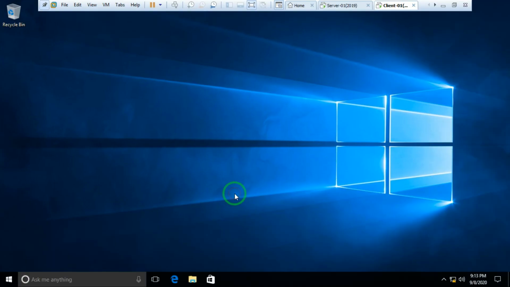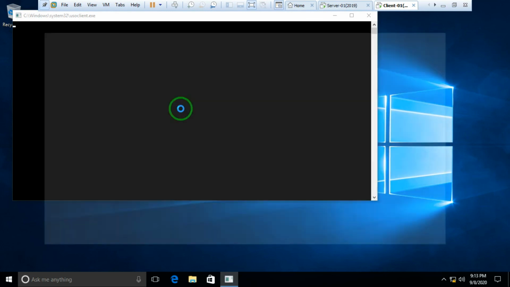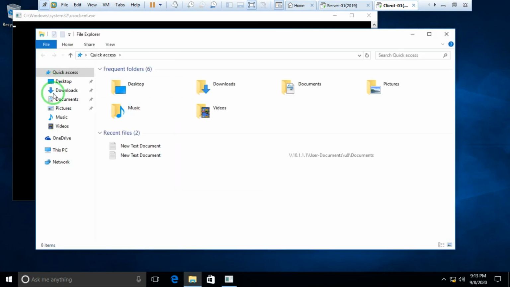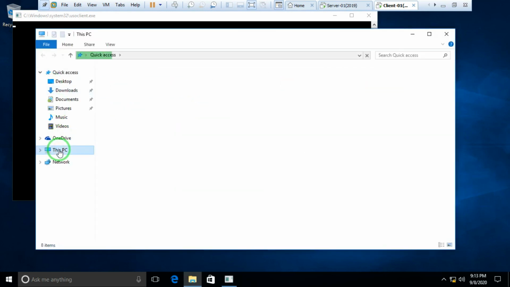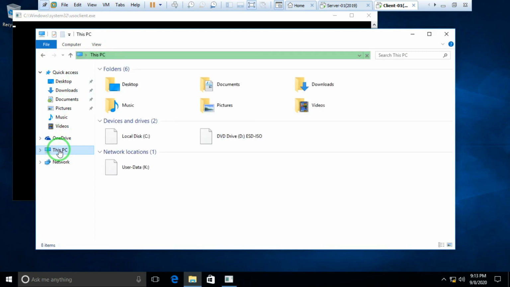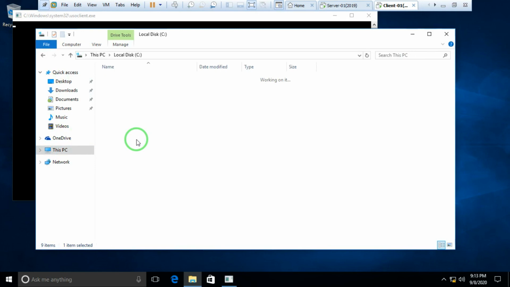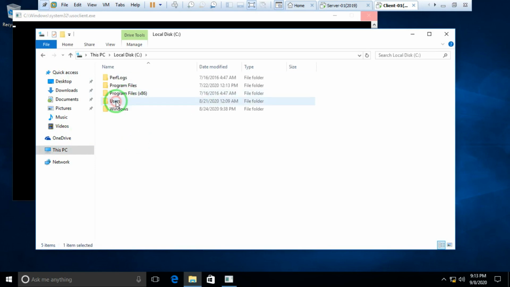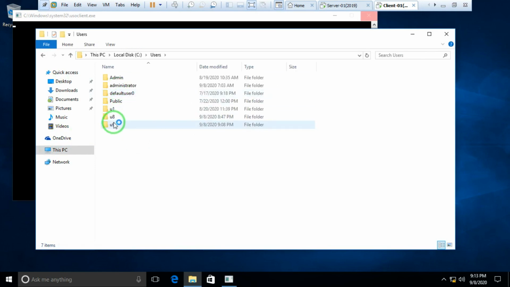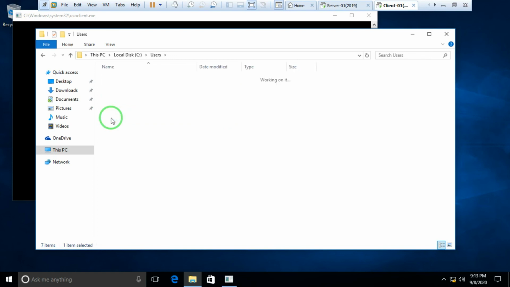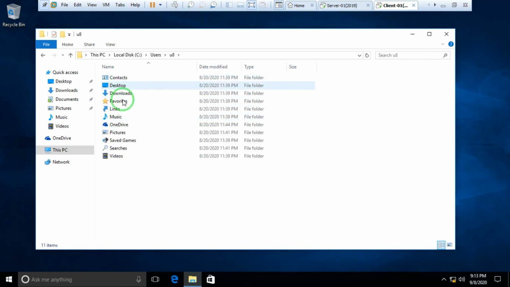If I try to access my documents, I open File Explorer, go to This PC, and open the C drive. I open users, and in users you have the U8 option. Let's open U8. Once I open user 8, you see there is no documents folder there now.